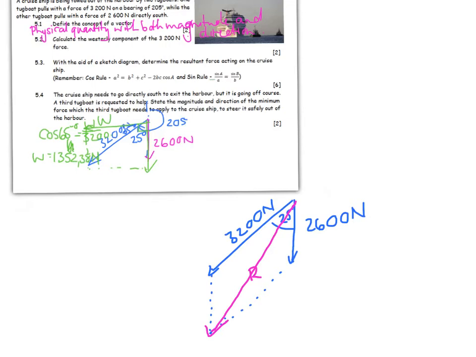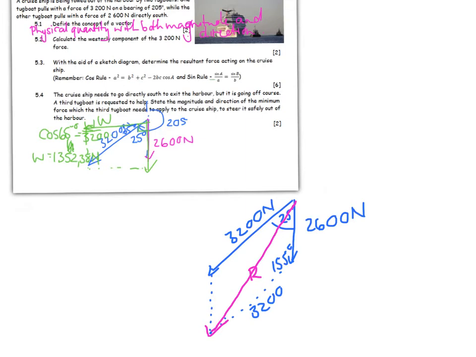And I also know that the co-interior angles of this parallelogram, that this is 155 degrees. You see, you had to do maths in order to get here. So I now know these two sides, 3,200 and the included angle, so I can use my cos rule and